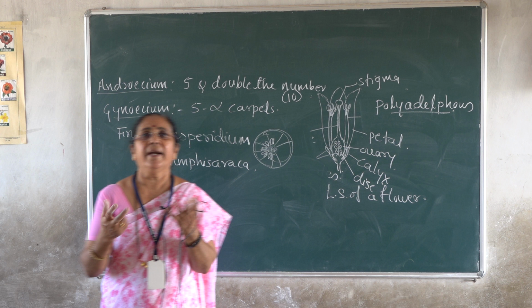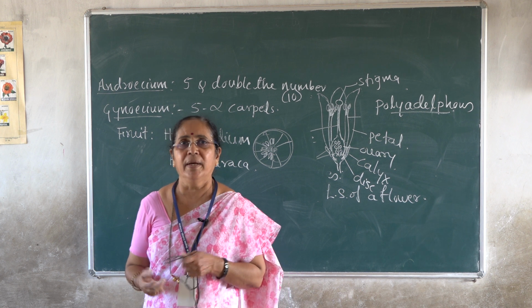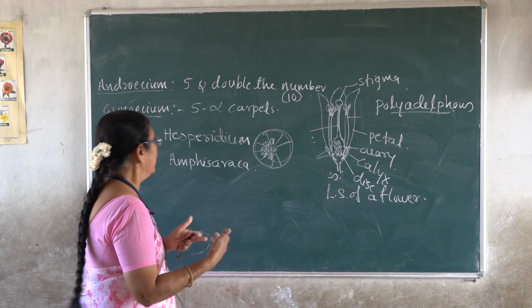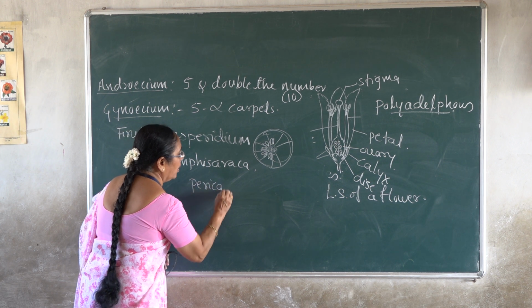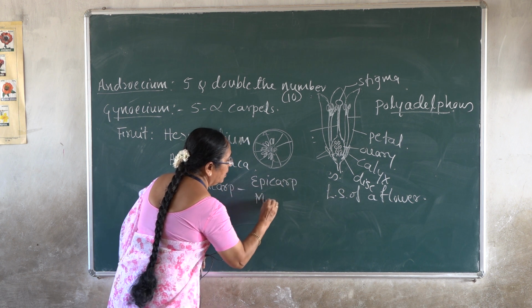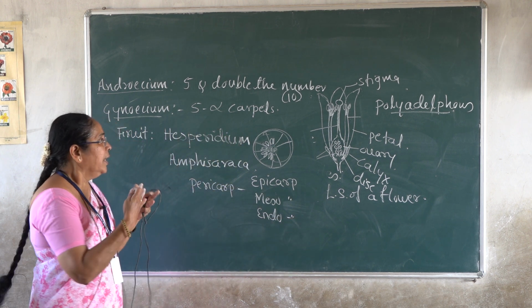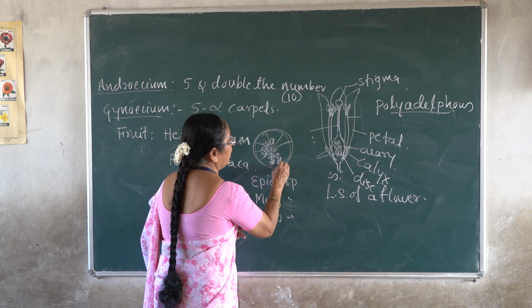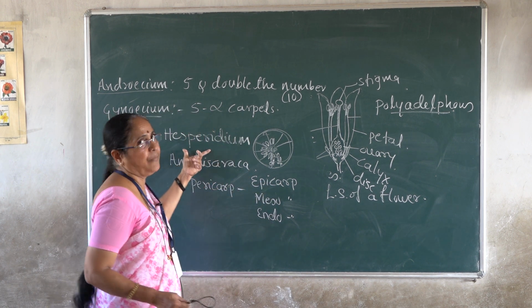If you open up the rind, you will find a creamy white colored coat around the fruit. That is called mesocarp. The middle one is called mesocarp. And the innermost endocarp appears in the form of partition walls of the fruit. So the pericarp is differentiated into epicarp, mesocarp and endocarp. And on the inner wall, the partition walls, you will find juicy hairs attached over the walls of the carpels, the endocarp. So that kind of fruit is called Hesperidium.